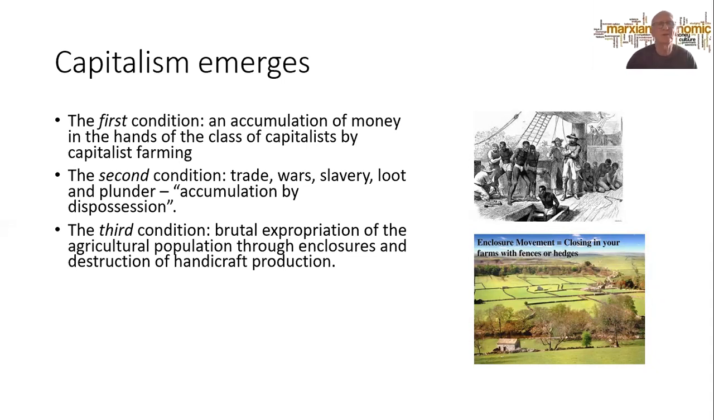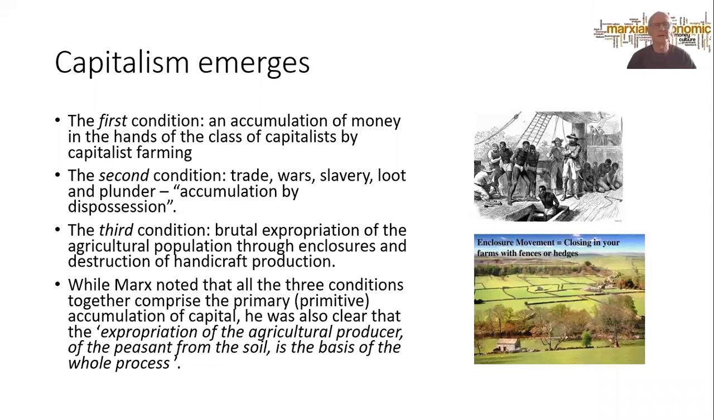the means of production. This process takes some time, but these are the conditions which lay the basis for capitalists to have money and workers not to have money but have to work for a living. So he put all these three conditions together, if you like, in what he called primitive accumulation, but he was clear that, to quote, the expropriation of the agricultural producer, of the peasant, from the soil is the basis of